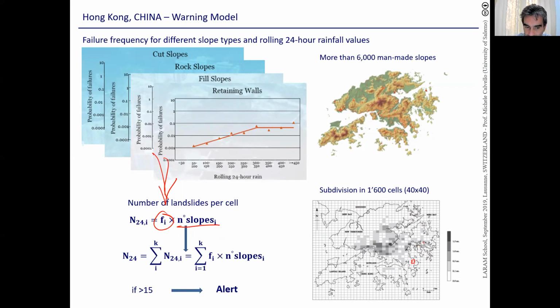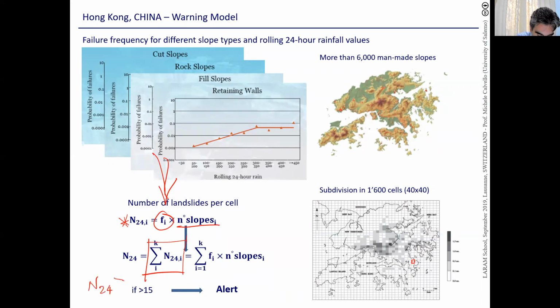In each square cell, there will be a certain number of slopes. In each square cell, based on those relationships, you can compute F sub I. Therefore, you can compute this number. When you do this for each square cell and you sum all of those numbers for the entire territory of Hong Kong, if you end up with this value, N24,